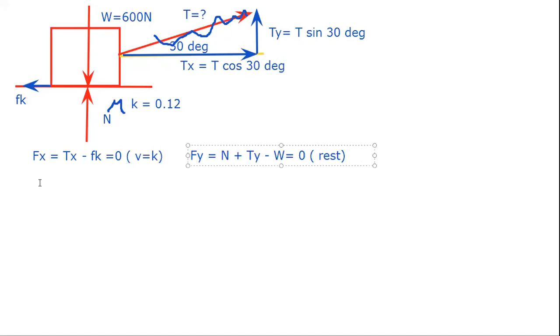Now from our first set, we can probably say that T sub x is equal to Fk. And if we replace our T sub x to be T,